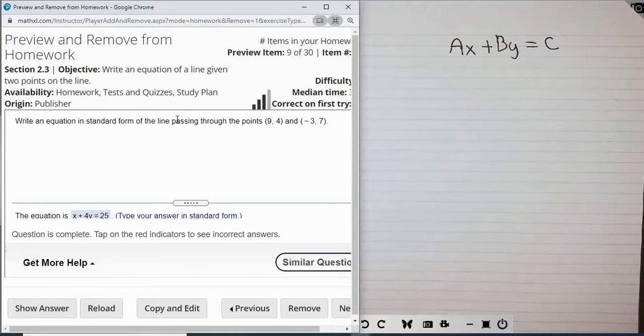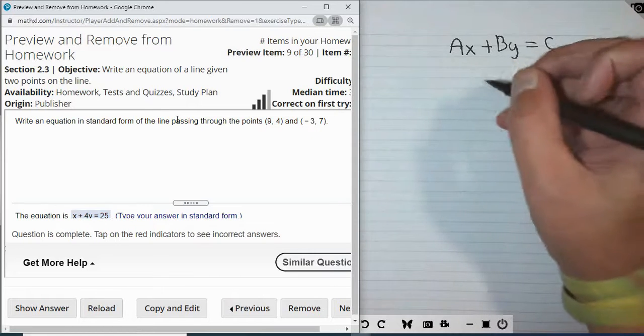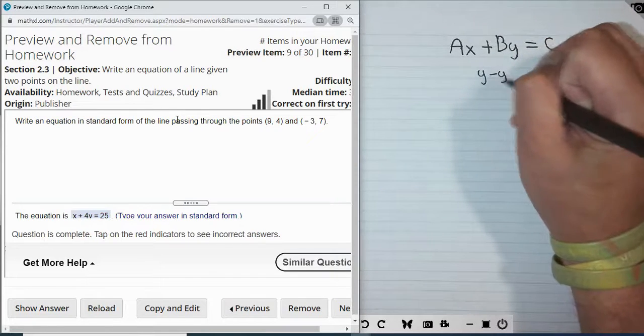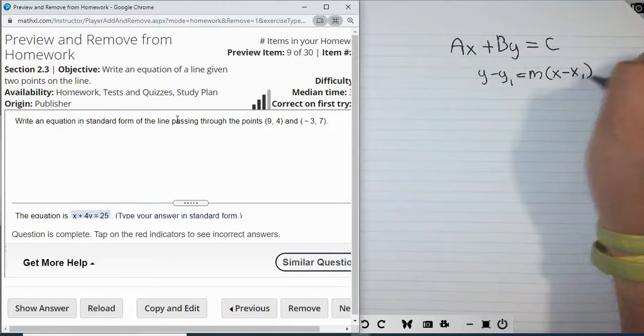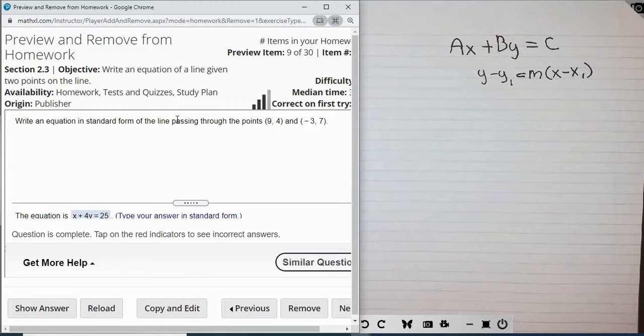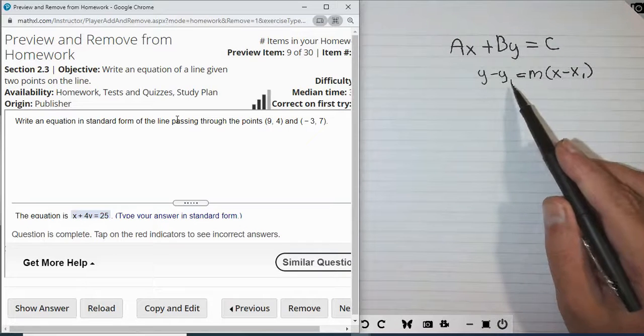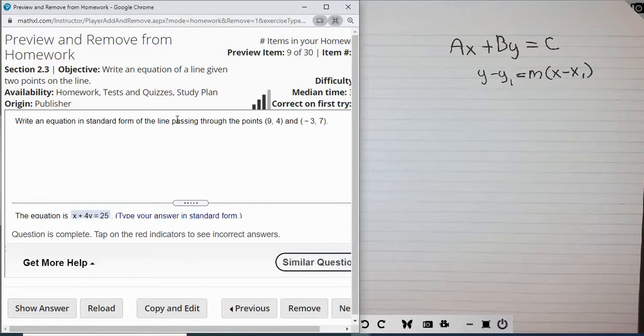And also, remember, we talked about a very easy way to get this thing in standard form when we're given a slope and a point. And that is to use the point-slope formula here, which is y minus y1 equals m times x minus x1. The y1 and x1 being the corresponding coordinates of the given point, and then of course the lowercase m being